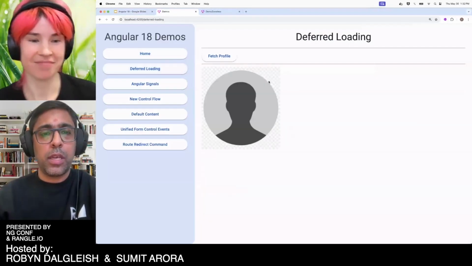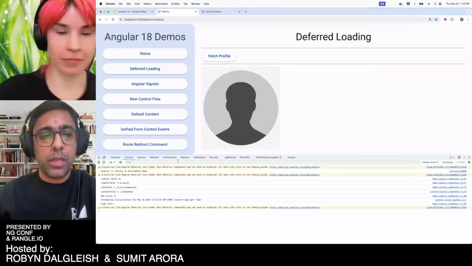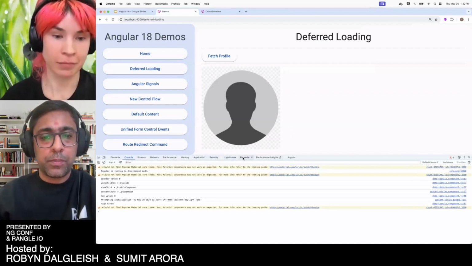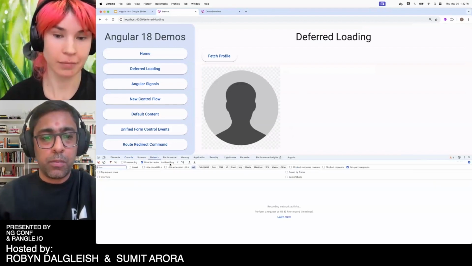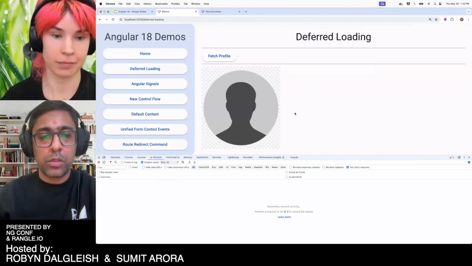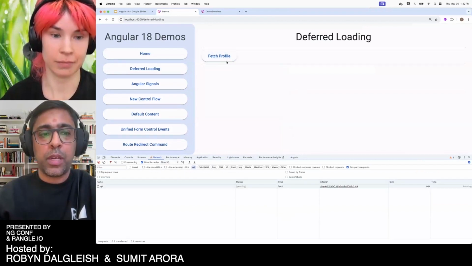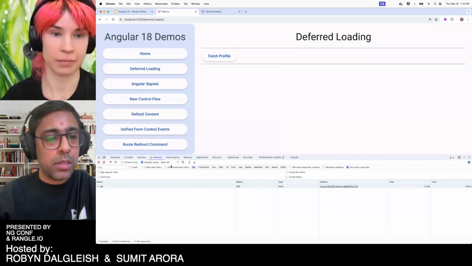So in here, if you go to deferred loading, what I'll do is, in the network tab, I will throttle it to slow 3G. And if you click on fetch profile, you can see it will get the data, and then it should load the